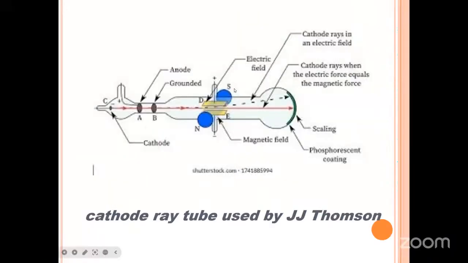This is where we put both the electric field and the magnetic field. We manipulate them so that the forces balance out. If they don't balance out, the electron will not pass through straight like this. There will be deflection. It depends on which one of them is more than the other. It can deflect up, or it can deflect down. If it is the electric field that is more,